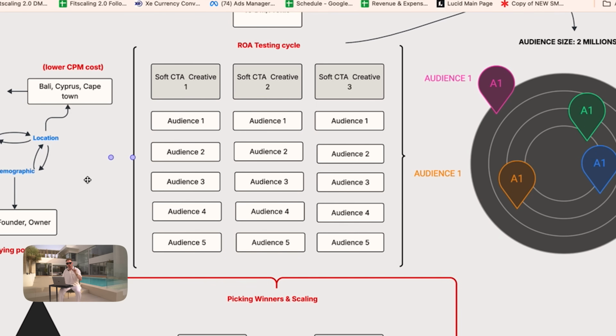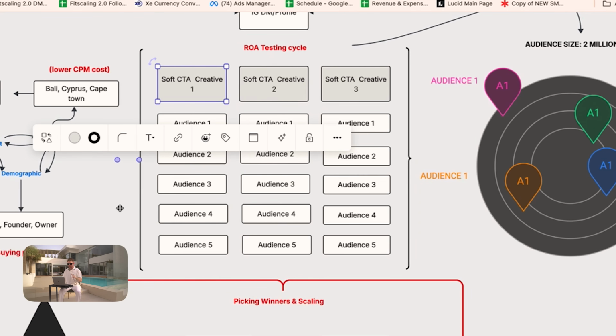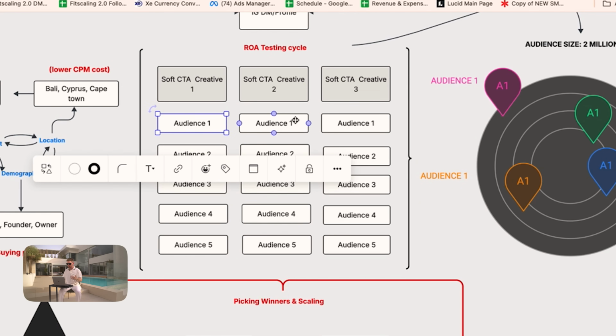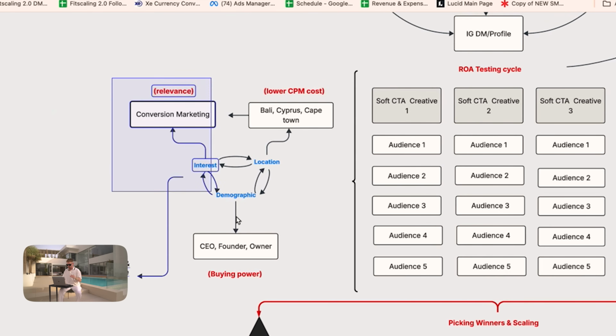People know what to do when they want to buy someone, okay? So just show enough proof, show enough credibility in order for people to actually buy, right? So we launch 3 soft CTA ads, every single one in 5 different ad sets, especially for DM ads, and we spend $5 on every single one of those ad sets, okay? It's not expensive. You wait 3 days, you turn off the non-performers, you wait another 3 days, you turn off the non-performers. You gotta make sure that you also use leveraged targeting options, okay?